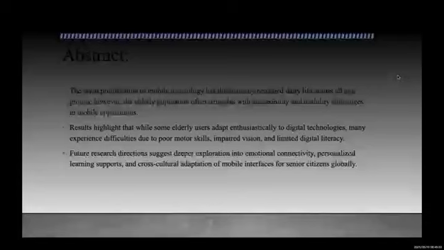In the abstract, you can see the rapid flourishing of mobile technology has dramatically reshaped daily lives across all age groups. However, the elderly population often struggle with accessibility and usability challenges in mobile applications.